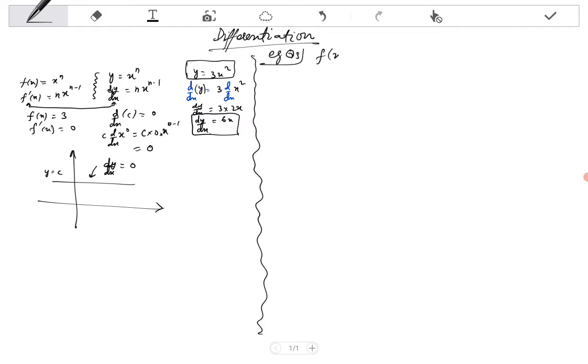f of x is given to us as x cube minus 3x square minus 7x plus 4. Let's suppose this is the original function. What we have to find: f dash of x, meaning the derivative function, or we have to differentiate this function and find its gradient function. Gradient function or derivative function is the same thing. Second thing is we have to find